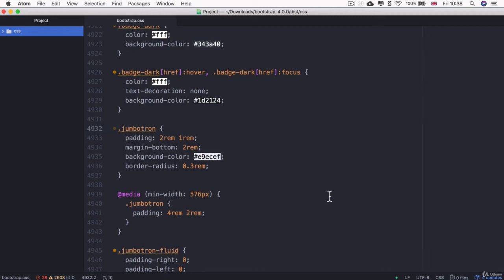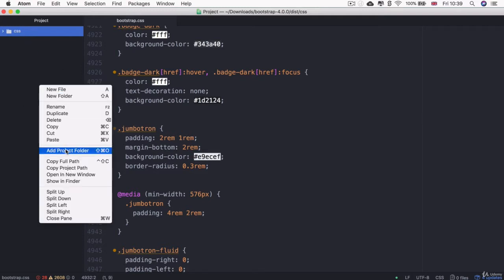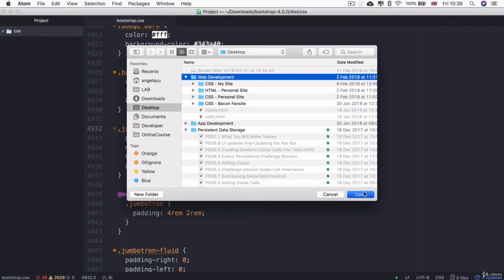Now, in the last lesson, we spoke about all the amazing things that you can do with Bootstrap and how generally awesome it is. So in this lesson, I want to show you how exactly you get access to this awesome library. How do you install it into your website projects? So to do that, let's head into Atom and let's add our web development project folder in here so that